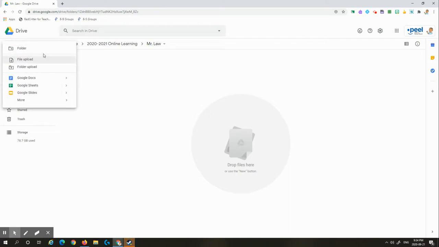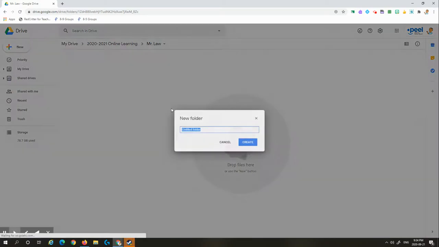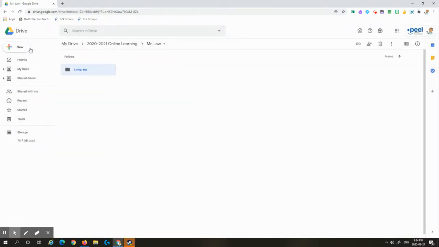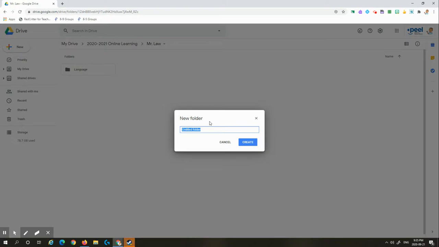All right. Click here, right under new, folders, new folder. And at this point here, you're just going to type in all your subjects, okay, that you're taking, right? So for example, language, right? Create. You can also right click as well and access it that way too. New folder, math, create,